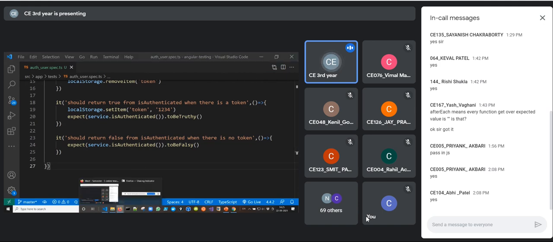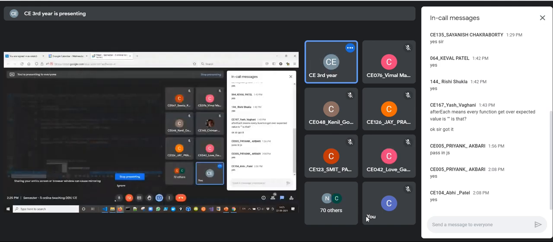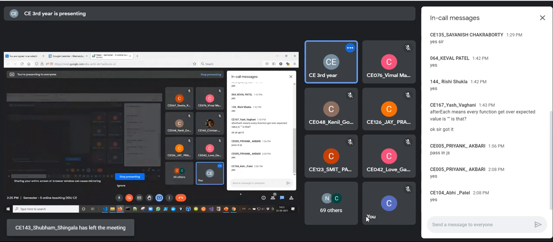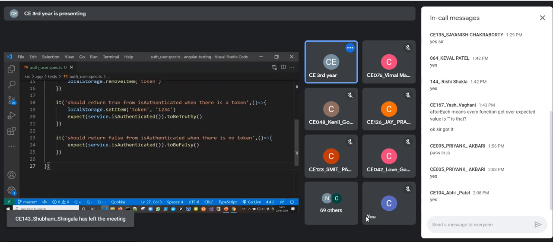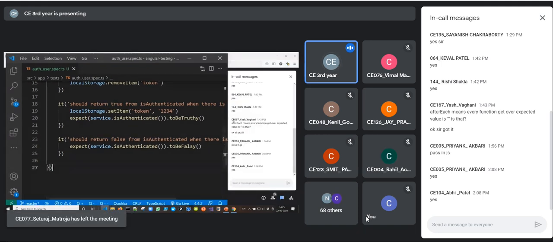Is this example clear? How to test the service? This is a very simple example wherein we are writing a service and we are checking one of the methods of that service.